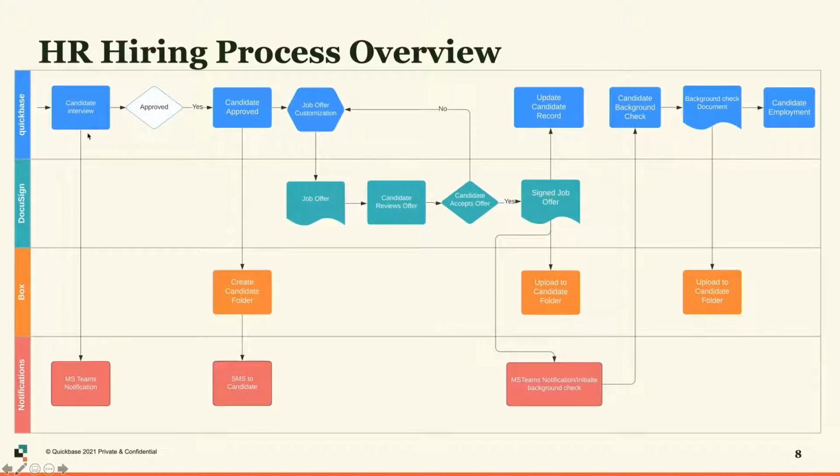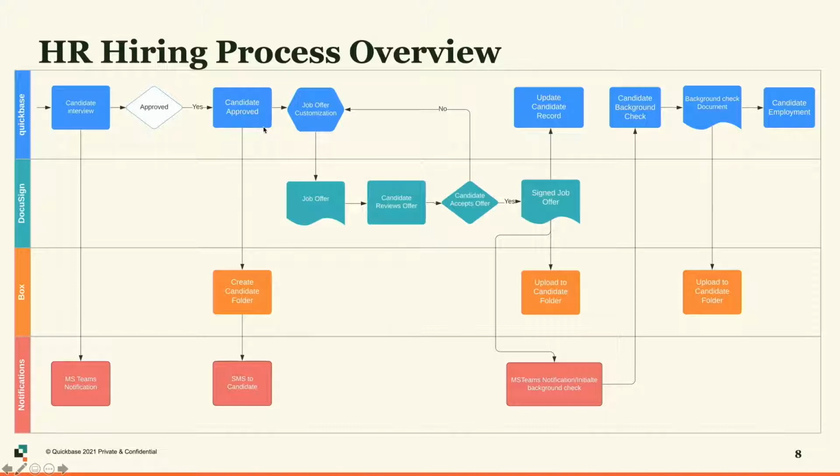We have candidates being interviewed, sending all the way notifications to our HR team to inform them. On a candidate being approved, changing their status to approved, we trigger a couple of processes. First one, we create a folder in Box where we are going to store all the related files that we have for the candidate, send an SMS to them to inform that they're moving forward,